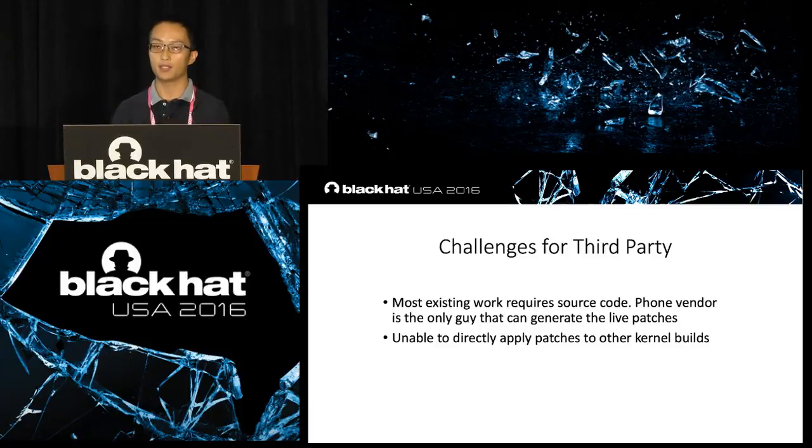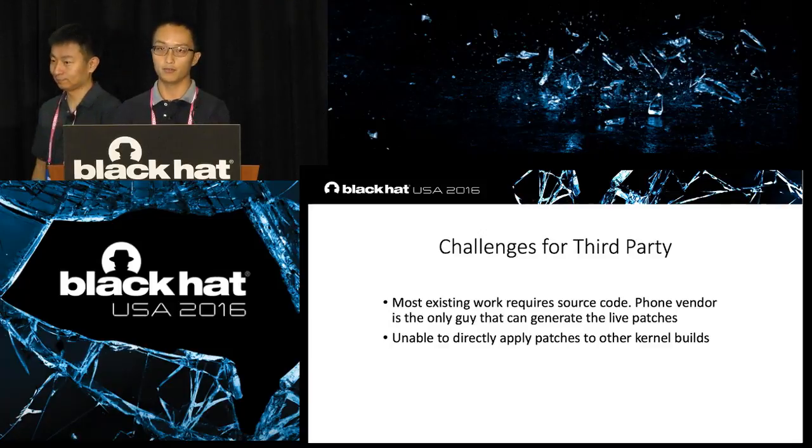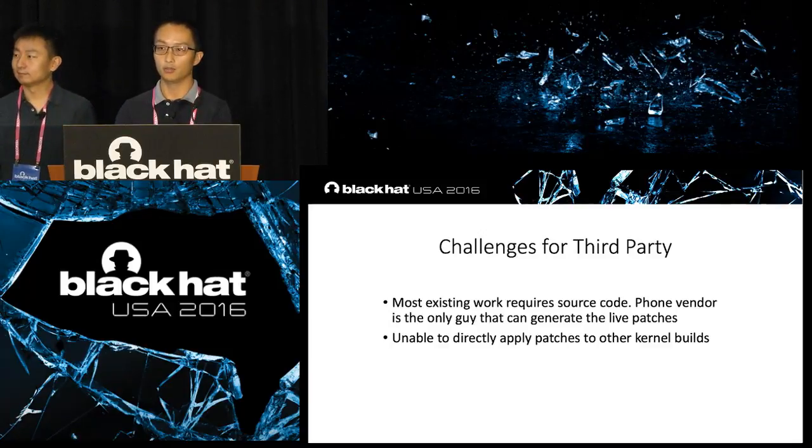They use two copies of the source code. One is vulnerable and one is the fixed one. They compile two copies of the binaries and generate the diff. And they use the diff as the new function to apply to the kernel. But the assumption is they have to have the kernel source code.